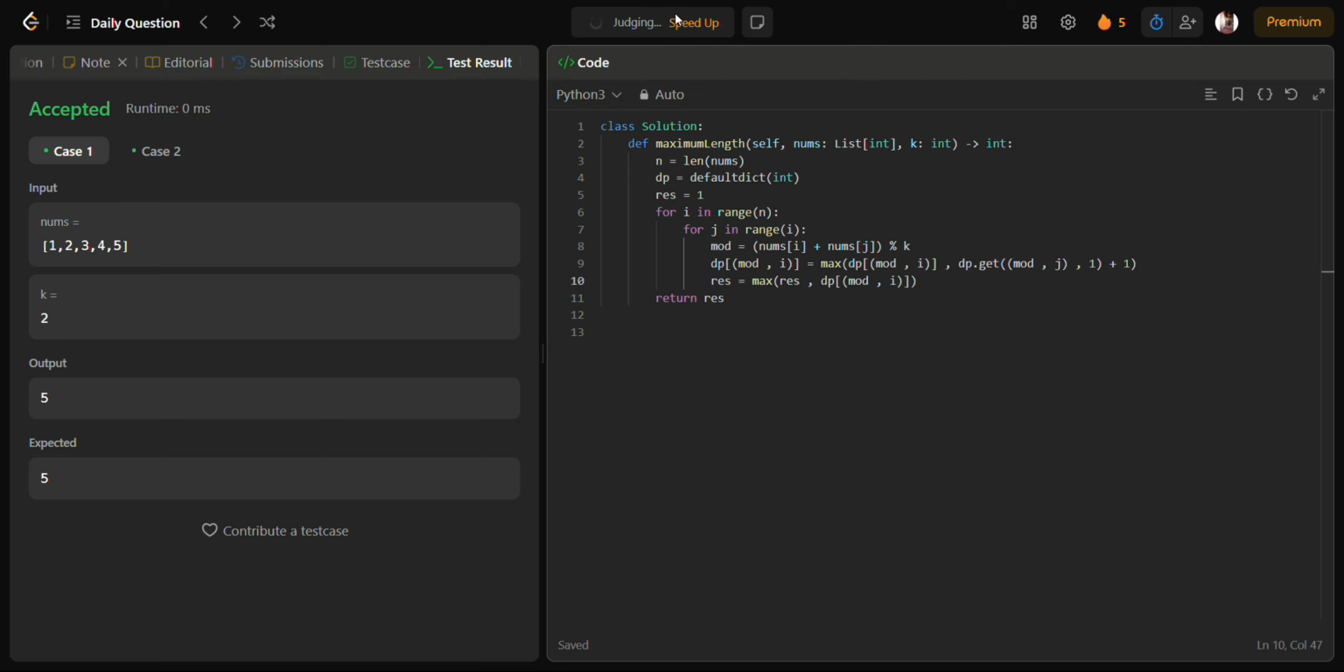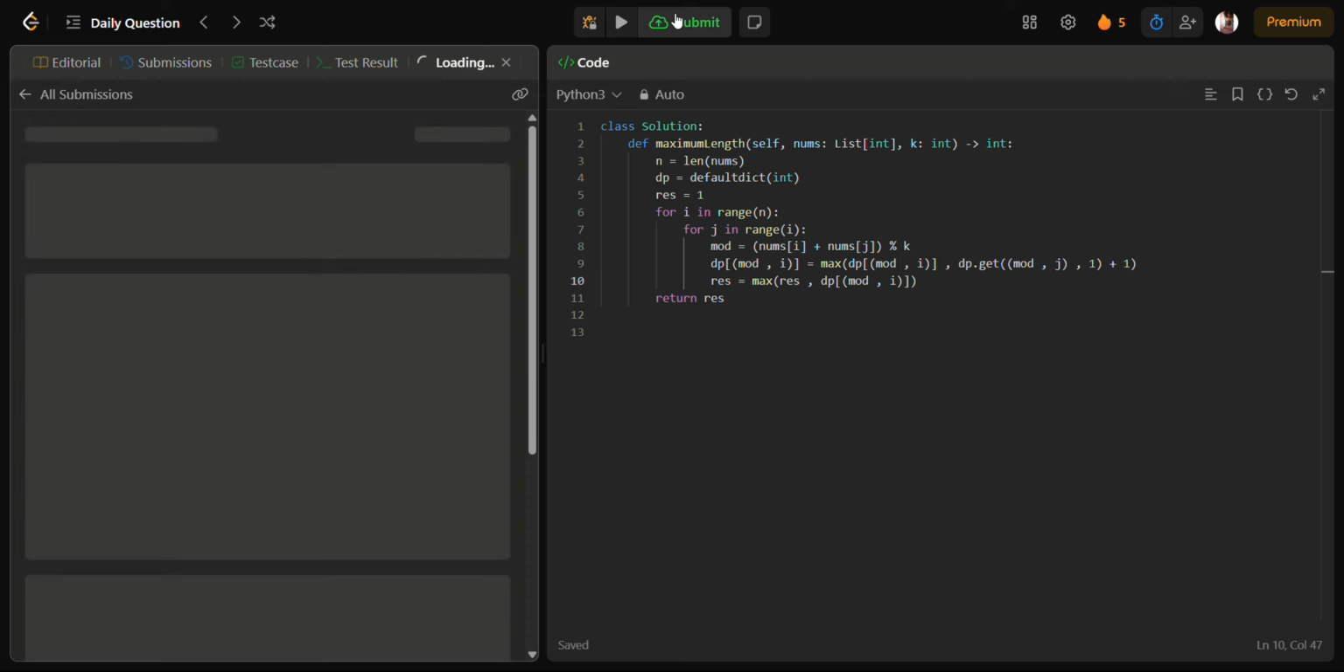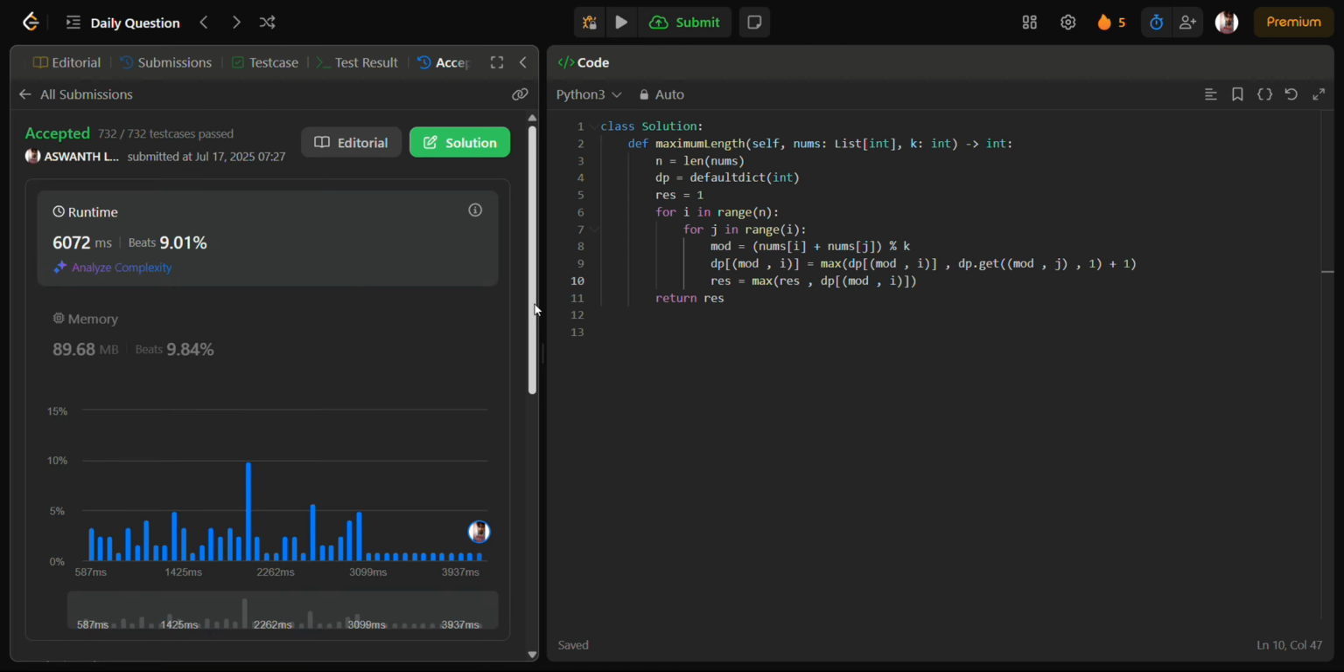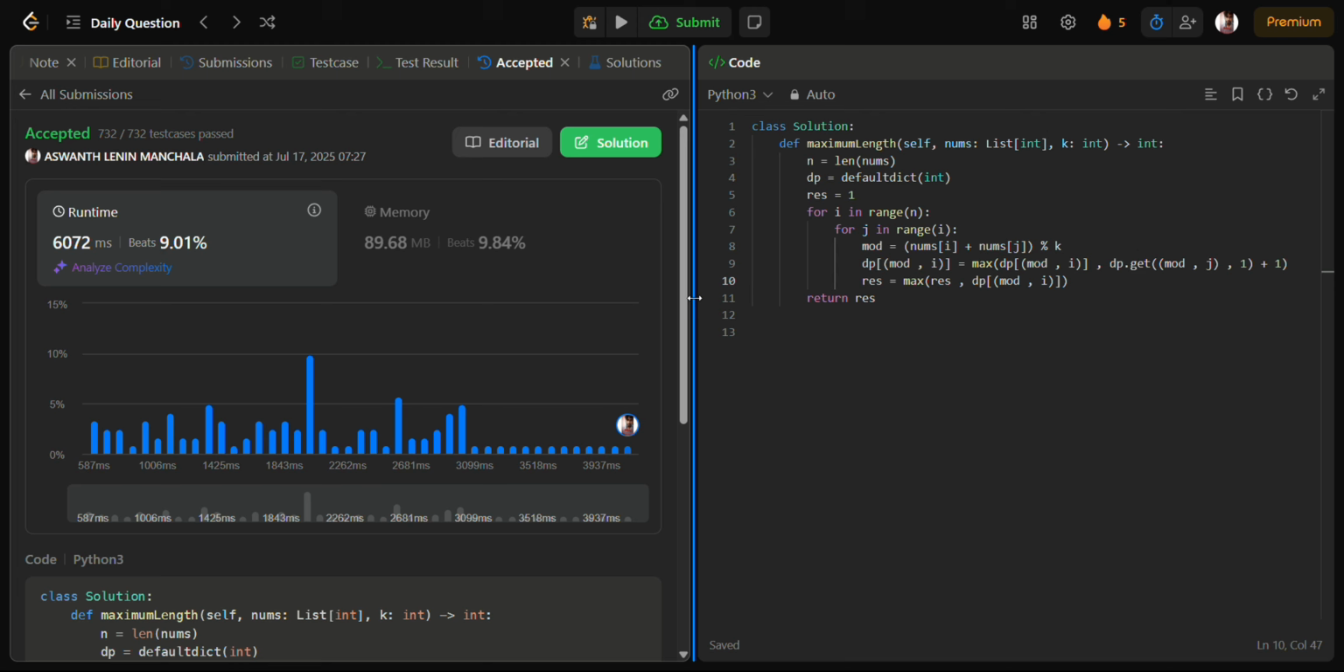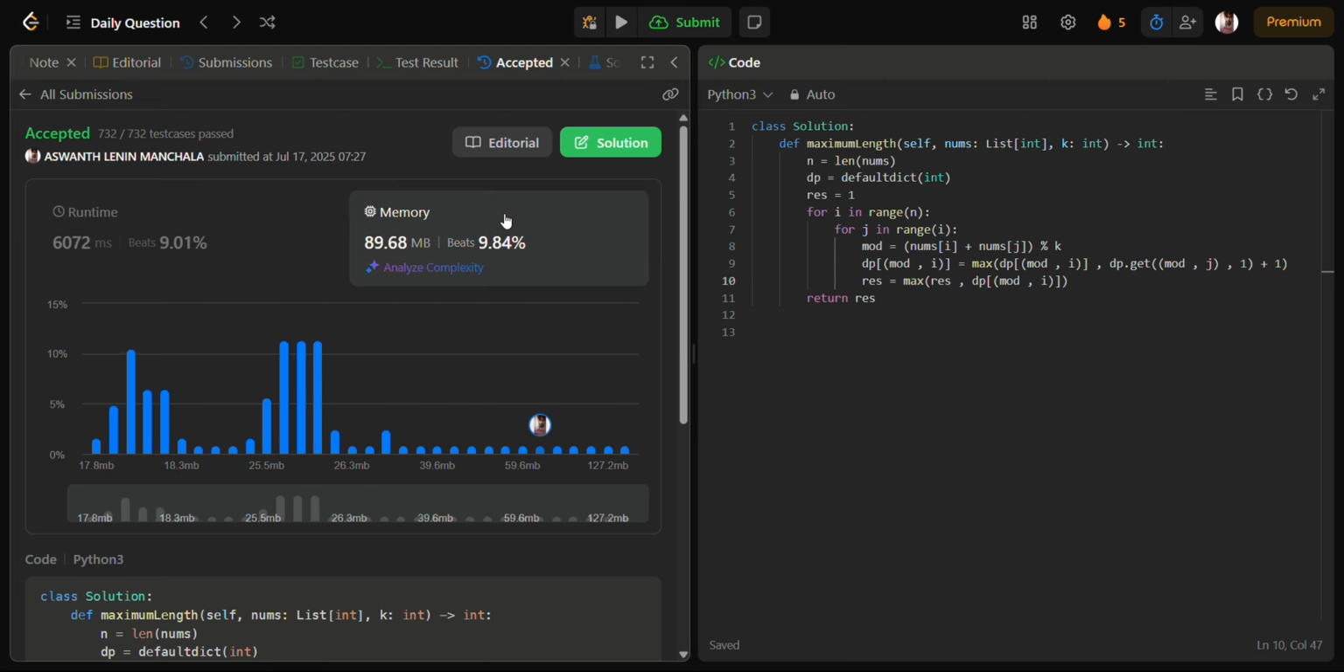Using a hash map with dynamic programming to store the state of patterns is another key insight. It helps us avoid unnecessary recomputation and makes the solution scalable. And finally, treating modulo results as pattern identifiers is a clever strategy that can apply to many other problems involving